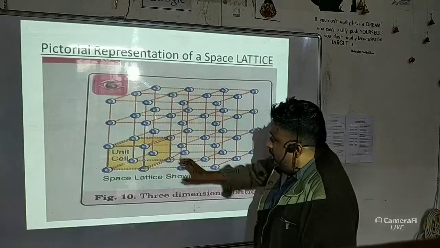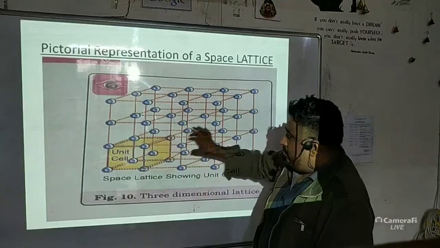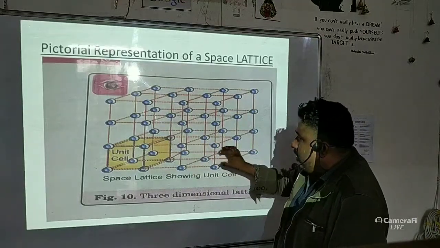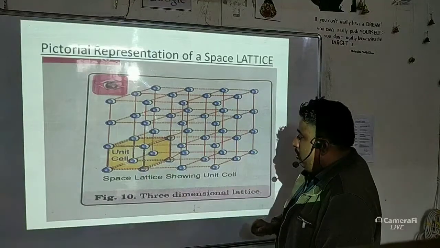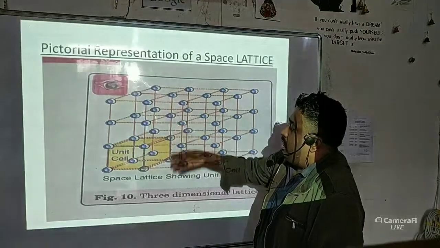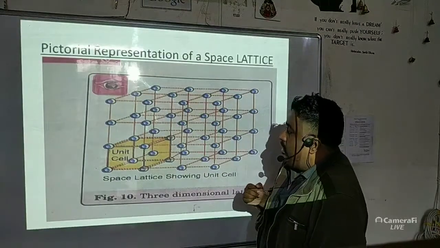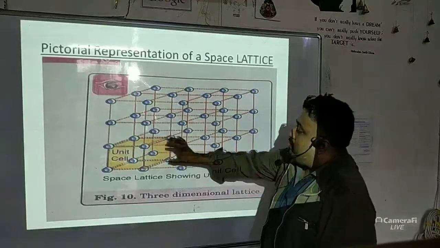But you see, there is a small portion here. There are certain small blocks in this space lattice. This is one particular block, this is another one, this is another one. There are an infinite number of blocks, and these blocks make up the crystal lattice. So this block is nothing